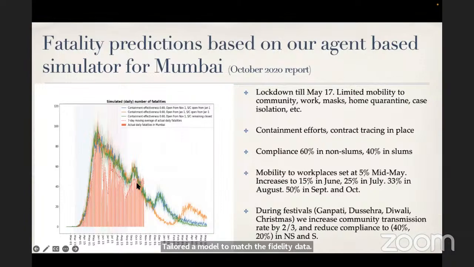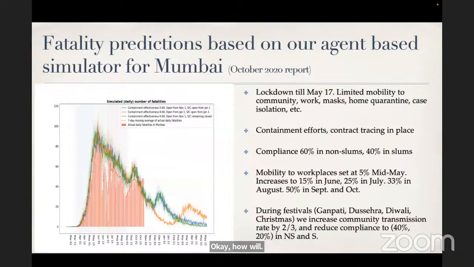This is where we saw an increase in fatalities, and what this really means is that people have suddenly become more lax. They are traveling around more. They are not as compliant as they used to be. They go to communities much more often. So we understood all of this, and once we did, we could model how the crowds would behave